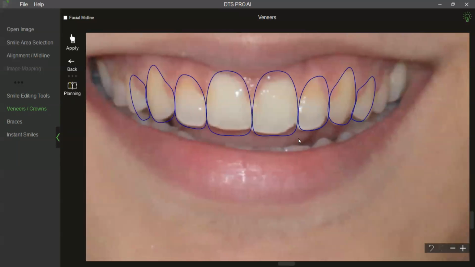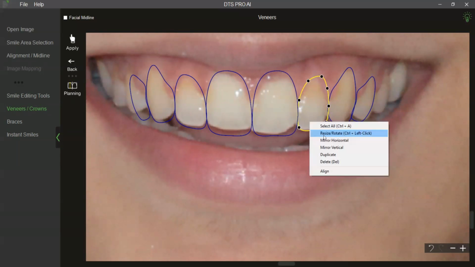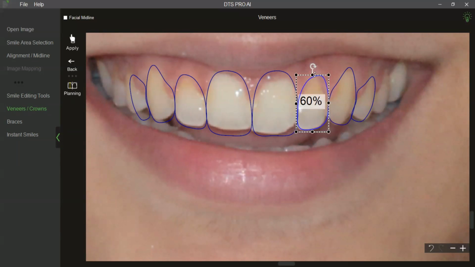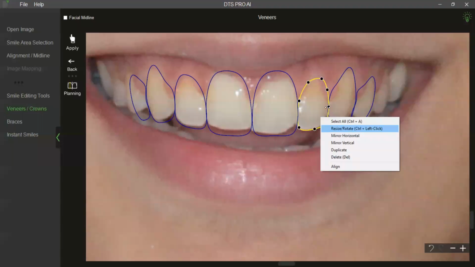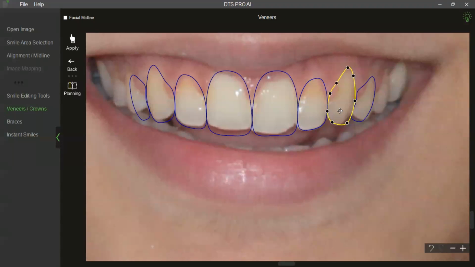So that's my basic plan for 8 veneers for this patient. Of course, you can have multiple plans. You can have a simulation with 6 veneers in place. You can have a simulation with 8 or 10 or even more veneers in place and present to the patient as different treatment options. We will come to that.